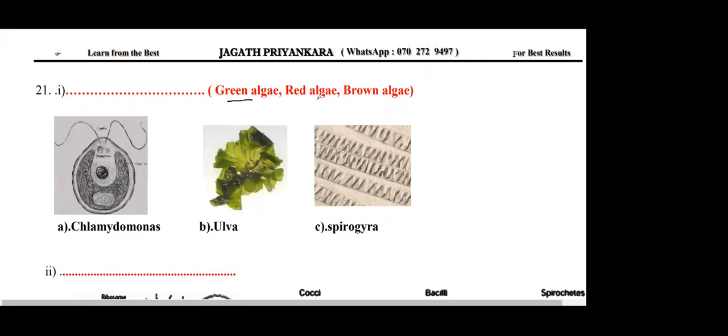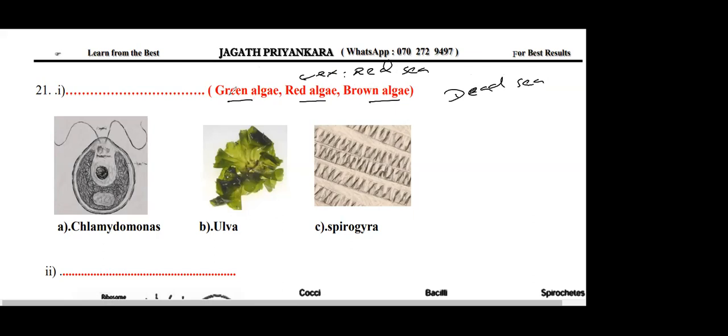Algae, there are three types: green algae, red algae, brown algae. For example, Red Sea. Why is the Red Sea red? Because of red algae. There's something called Dead Sea also, no? Why is it the Dead Sea? The sea is not dead. There are fewer organisms in the Dead Sea because of high salt concentration. They get dehydrated, even the microorganisms.